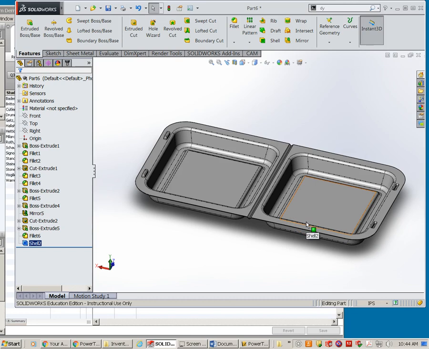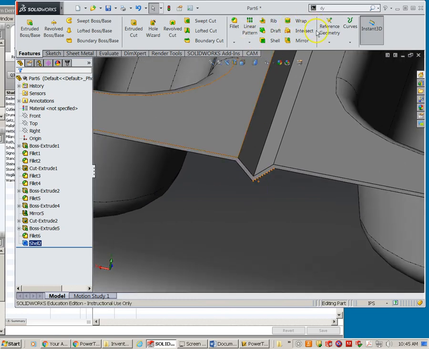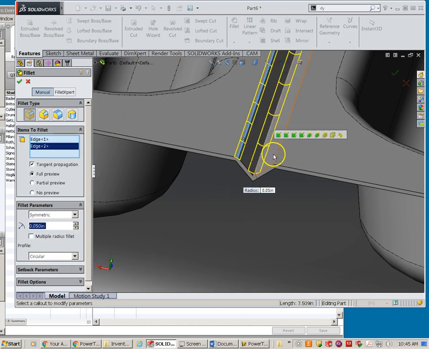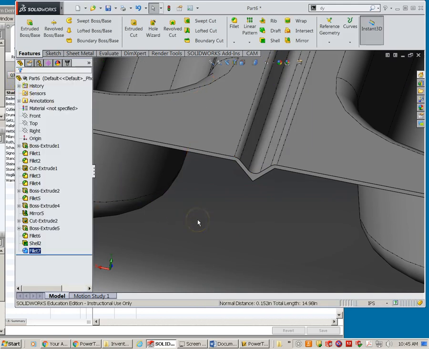We now need to add a few more fillets. So we're going to zoom in here as shown on page 623 and see if we can add fillets for those 3 edges. So fillet command, we're looking at a value of 0.05 and I think we're looking at these 3 right here. Hit OK, and that looks,